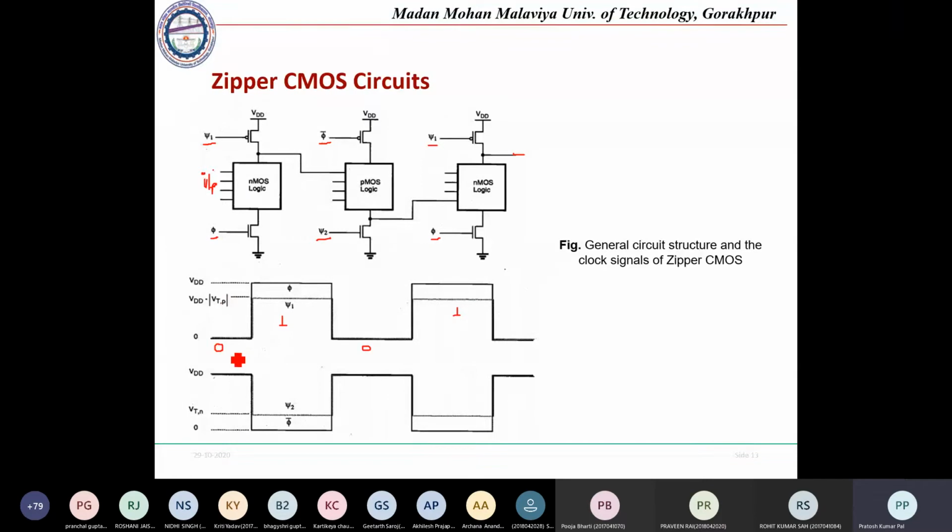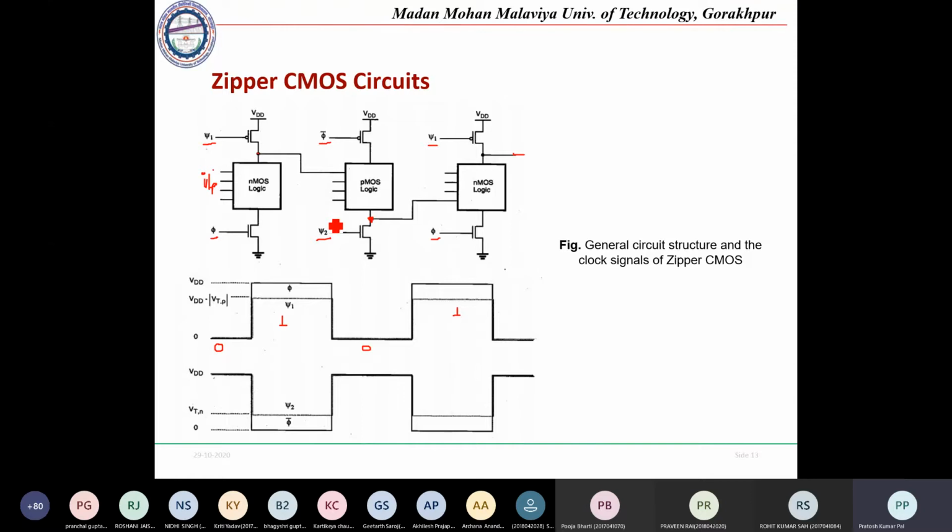So in the pre-charge phase, the clock will be 0. In the pre-charge phase, all the clocks will be having a similar structure. In this case, the first one should be a pre-charge, and this one should be pre-discharge. So for pre-discharge, phi 2 should be 1, and phi 1 will be 0. So here this one is 0 and this one is 1. So it will be making the NMOS logic pre-charge and the PMOS logic pre-discharge. Okay, that is the pre-evaluation phase stage.